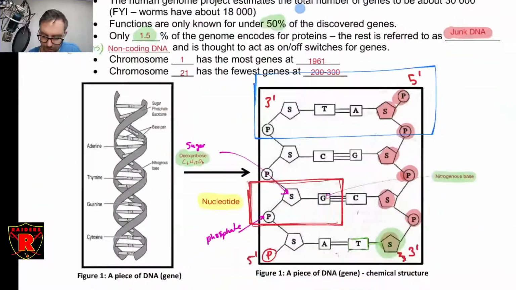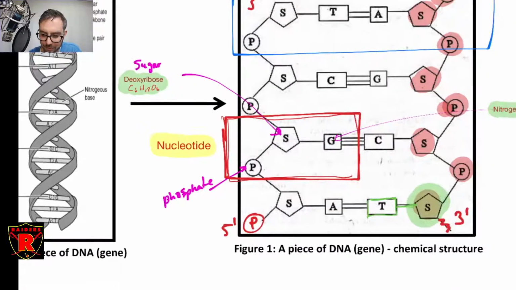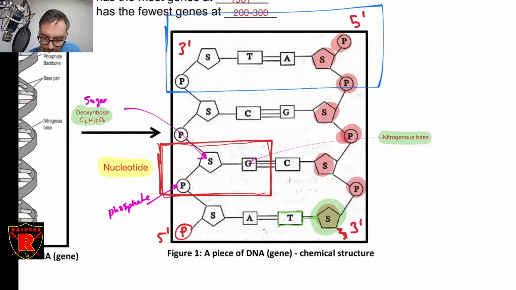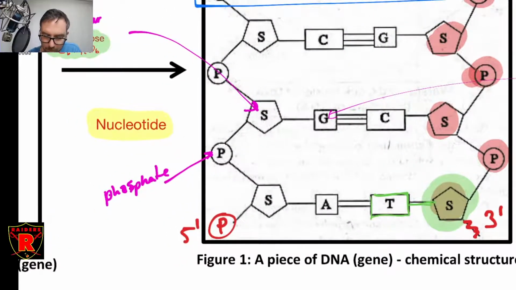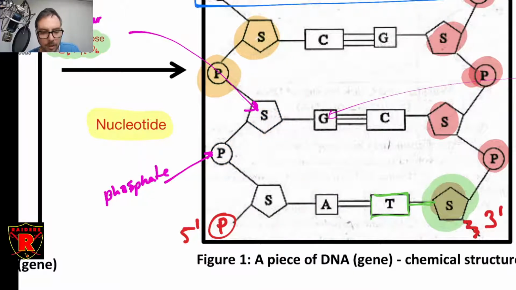So getting back to the backbone here. If I were to unwind this helix on the left, it would look like this. Sorry, I've made some annotations on here. But if you look at just the backbone component, which is right here, you'll notice that it is an alternation of a phosphate, then a sugar, then a phosphate, then a sugar, then a phosphate, then a sugar. So we call that the sugar-phosphate backbone. And there's one on both sides.